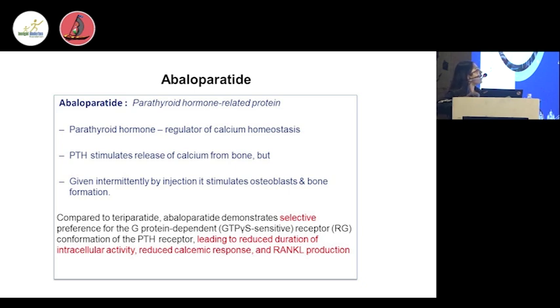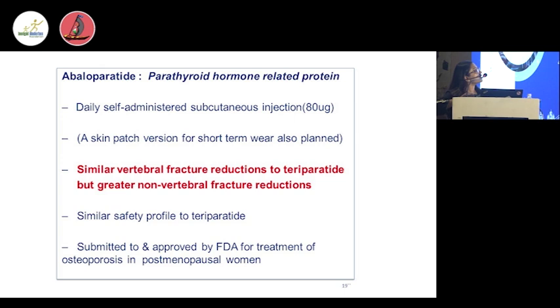At the level of the hip, again there is a significant increase in the BMD in the romosozumab arm. However, in the alendronate and teriparatide arms, there was a lesser increase in the BMD, while at the level of the neck, the increase in the BMD was similar in both alendronate and teriparatide. So overall, we can see that there is a huge increase in the BMD with the use of romosozumab over alendronate and teriparatide. And this is because of the changes in the bone turnover markers.